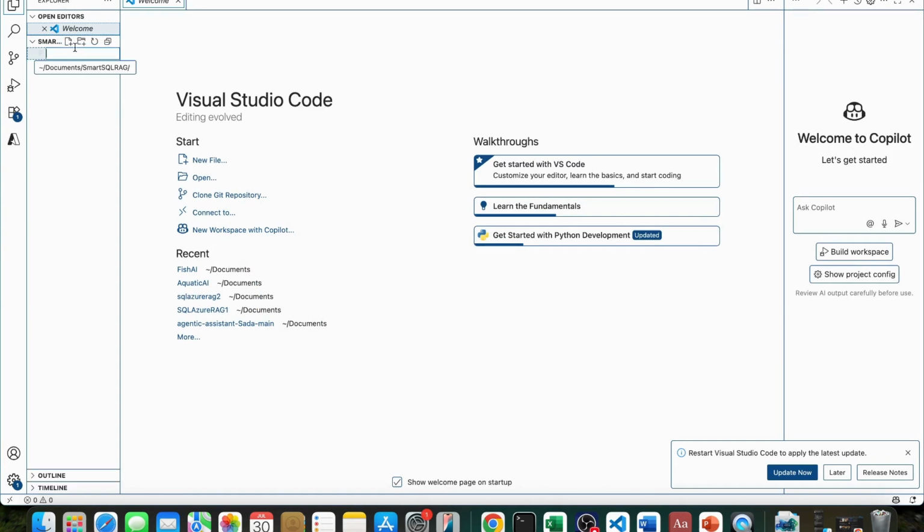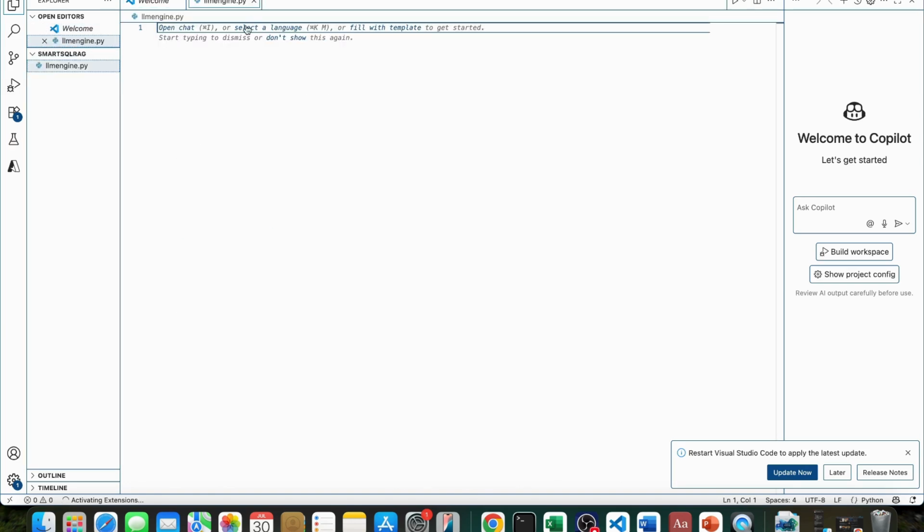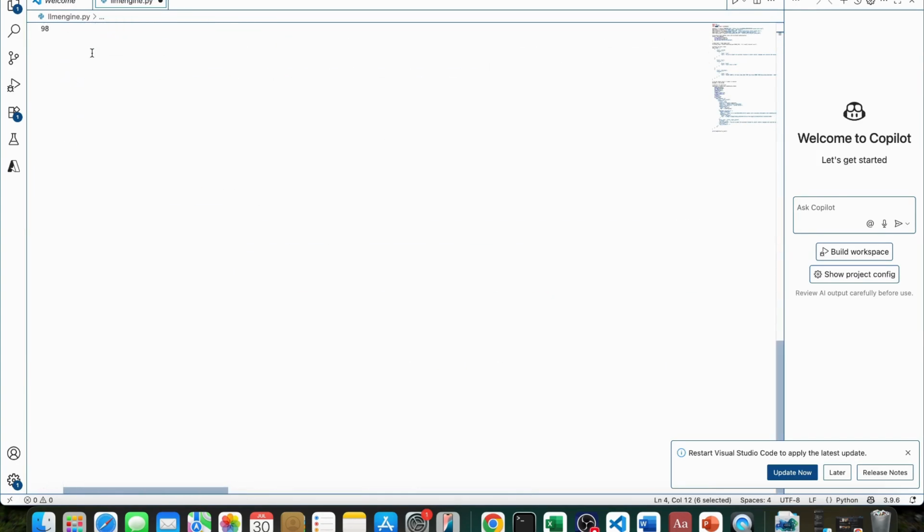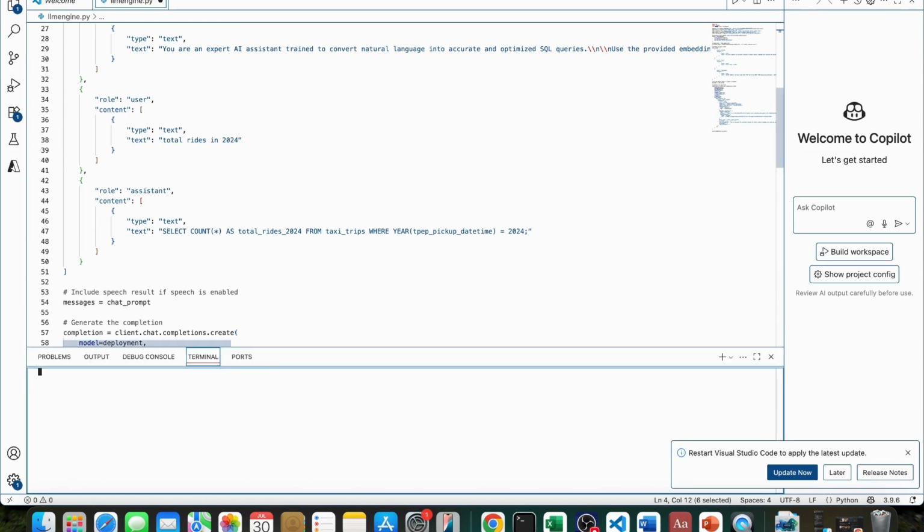So we will create one file, and give the name llmengine.py. Just paste this code here. Now, we need to import some libraries here, but before that, open the terminal and